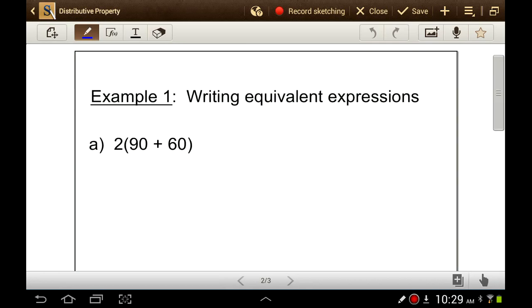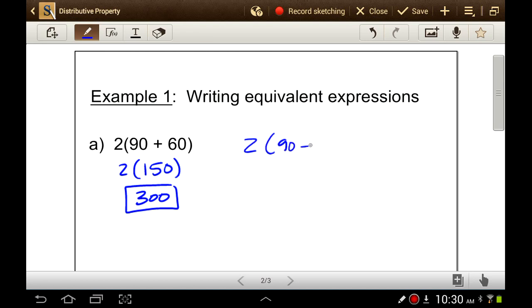Okay, writing equivalent expressions. So most of you would solve this problem. Okay, you'd use order of operations, and you would add those together and get 150, and then you would do 2 times 150 and you get 300. And that is fine. Okay, if I were to use the distributive property for these, what I would do is I would distribute 2 to each of the numbers. Now you need to know this because sometimes they ask for equivalent expressions,